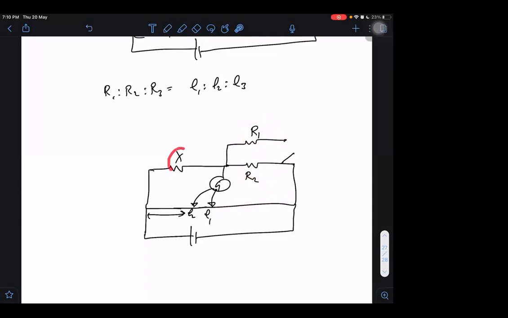So I mean to say this arrangement they are giving, why are they giving this arrangement? We need only one equation to find out the unknown. Sometimes they may not give us one unknown, but they may give us the other one also unknown. X is also unknown. R2 is also unknown. Maybe R1 is known. And we will say when R2 is connected with X, then we are getting such and such ratios. When R1 and R2 both are connected in parallel, then we are getting this new ratio.